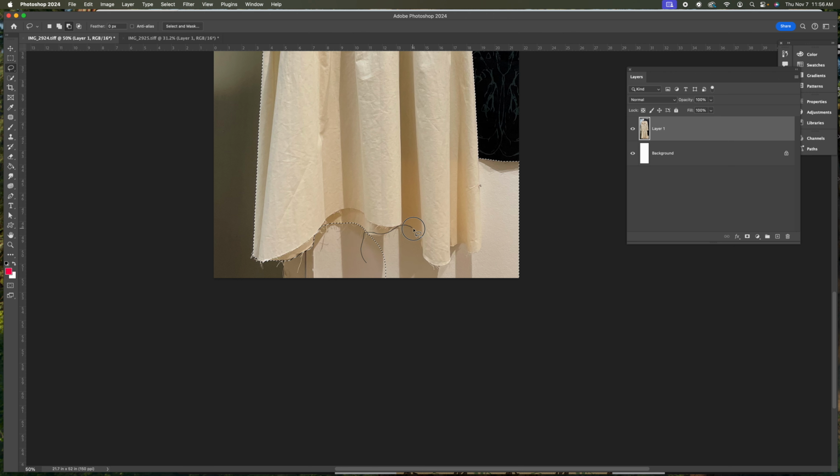So a rule about the selection tools in Photoshop: option key subtracts, shift key adds. So I took too much away here, so now I'm going to use the shift key. Now I'm going to use the option key to keep subtracting the wall from my selection. And there we go. And I think if I use the hand here, which is H on the keyboard,